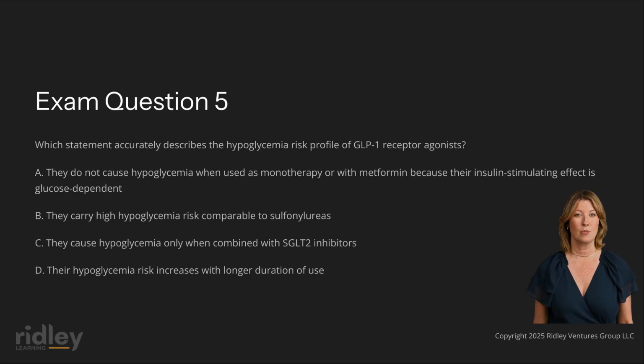Question 5. Which statement accurately describes the hypoglycemia risk profile of GLP-1 receptor agonists? The correct answer is they do not cause hypoglycemia when used as monotherapy or with metformin because their insulin-stimulating effect is glucose-dependent. Rationale. GLP-1 receptor agonists work by mimicking the action of endogenous glucagon-like peptide 1, an incretin hormone that